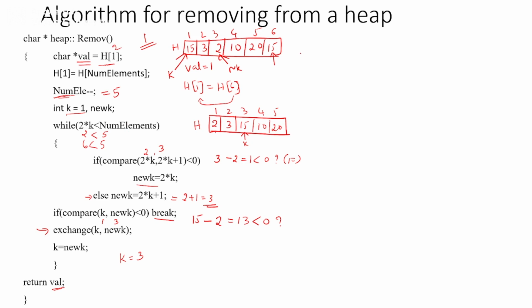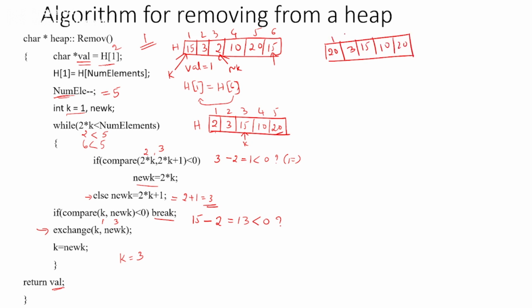Okay, so after that, what are you going to do? In the h of 1 place, you are going to copy h of num element. So here your array will be, it was 2 here, and in the h of 1 place, h of num element I am going to copy. H of num element is nothing but 20. So 20 will be copied over to this. Then the rest everything is the same, 10 and 20.